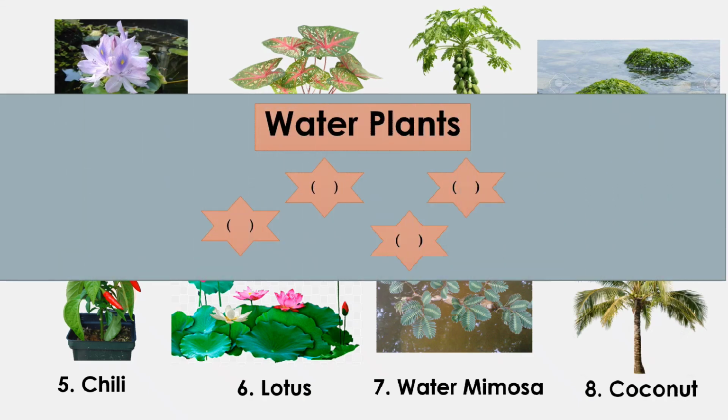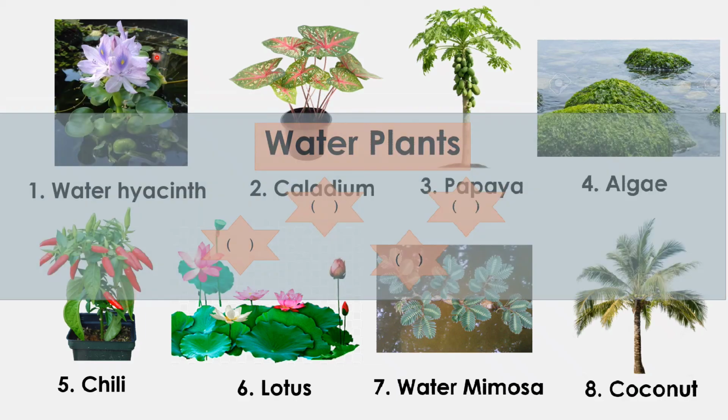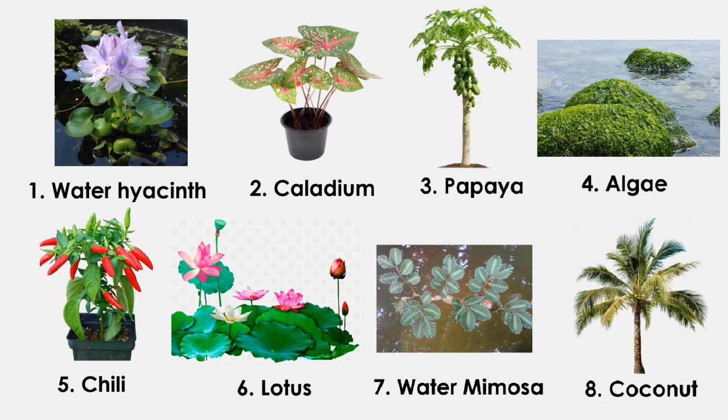Okay. Next, we have the water plants. Which plants grow in the water? Same as the previous slide, you can write the number in here. Water hyacinth is number 1. Is it in the water or land? If you think it is in the water, you can write number 1. Caladium, is it water or land? Papaya,